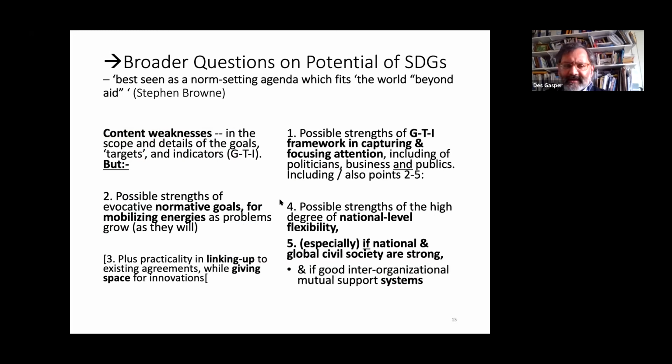So we have content weaknesses in the SDGs, and the issue is how far, despite those content weaknesses, which are gradually diminishing, the framework will help to capture and focus attention, including not just of elites, but of publics who then